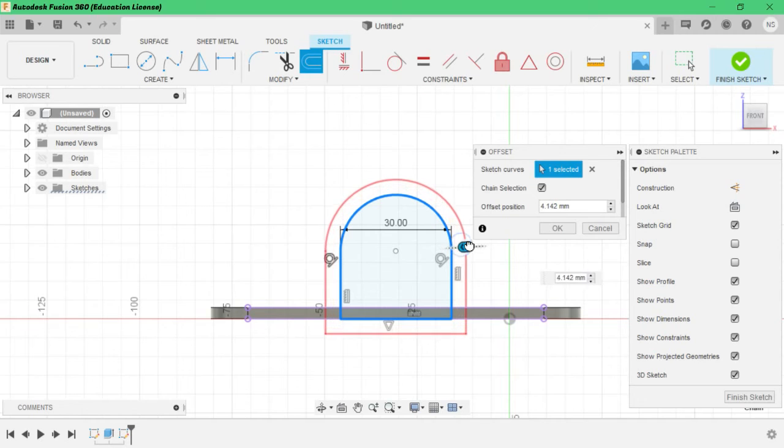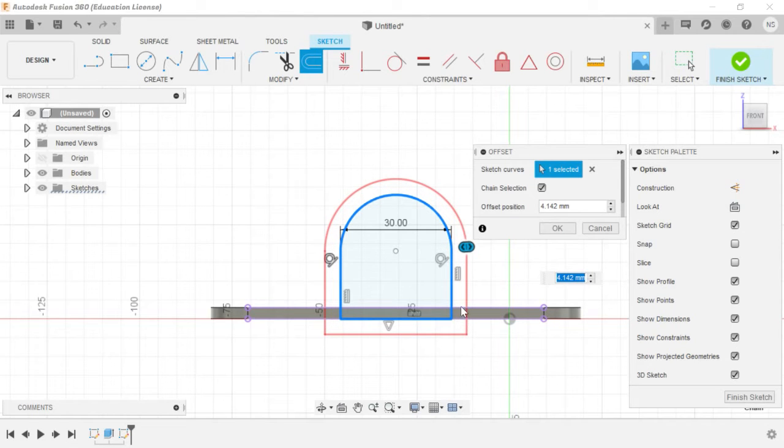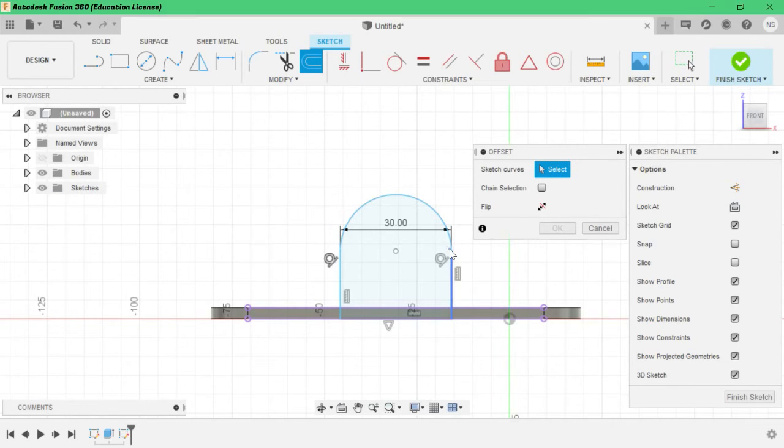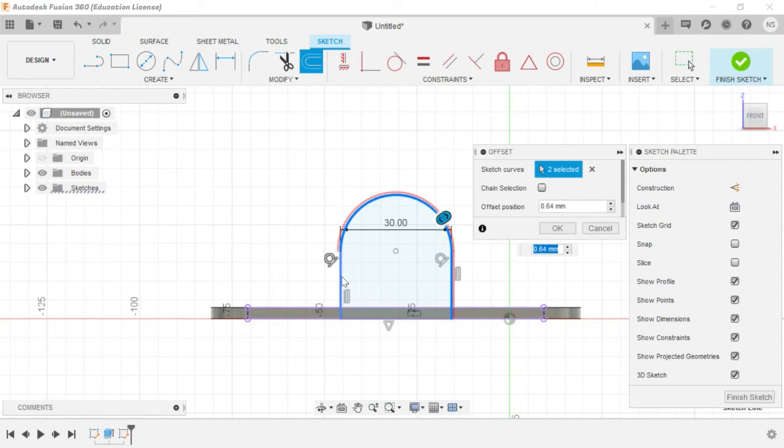See, we want fillet only for this thing, not for the lower part. So we have to deselect the change selection, and then select only these lines that we want.